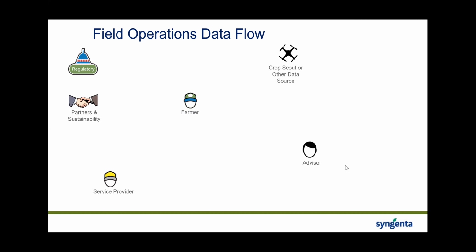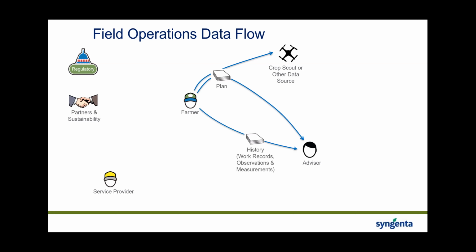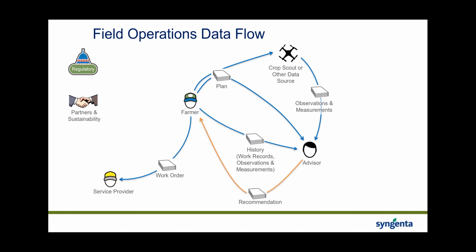Then that farmer might make a plan where they represent how they're going to grow a crop during this upcoming season, share it with the advisor, share it with whoever's going to collect data with them, and might send a history of observations in the field and what has been done before to the advisor. The season begins, and these observations and measurements from the field start flowing in. The advisor makes recommendations, the farmer makes decisions,